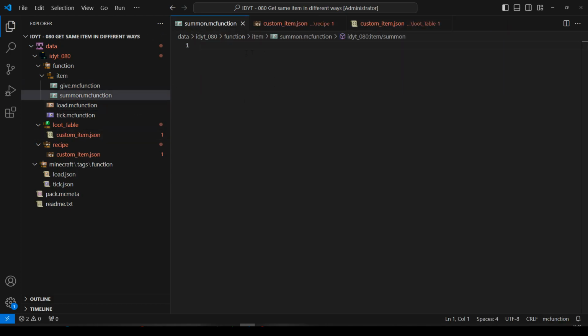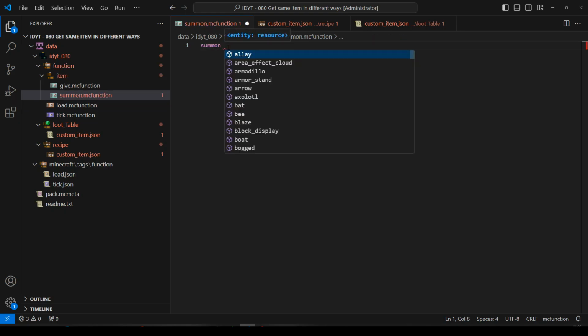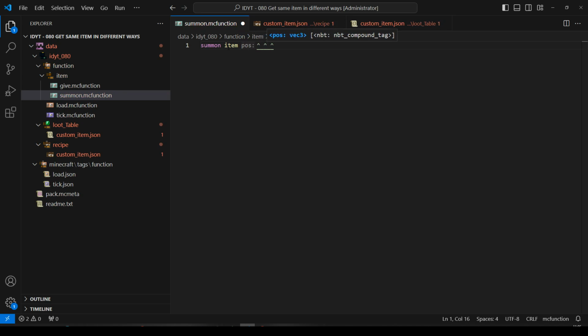Okay, now they're all a little bit different, which is why I thought this video might help some people. Let's summon an item, and I'm going to be executing this command, so I'm just going to summon it 1 up from my feet, so waist height and 3 in front of me. That'll do. And let's give it some information. Well, okay, item, open and close. What are we going to have in here? We'll have an ID,